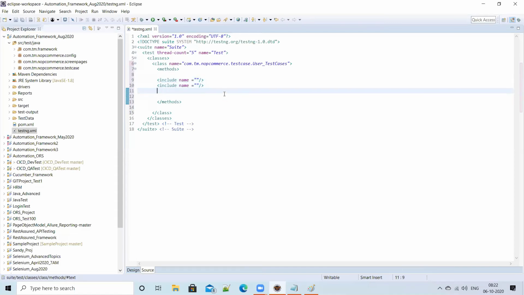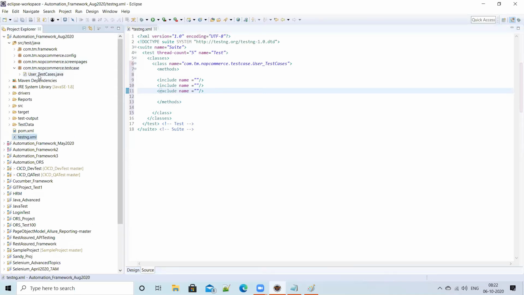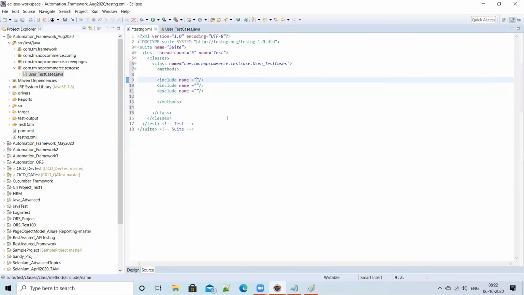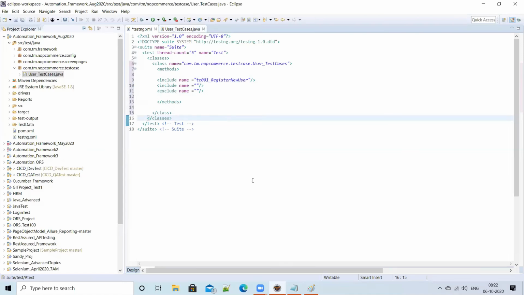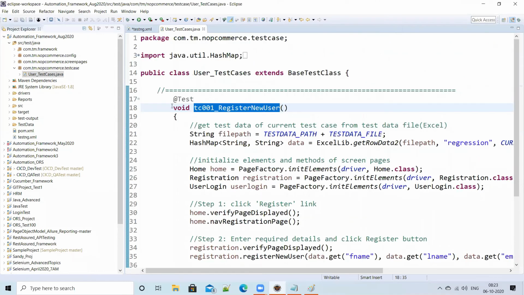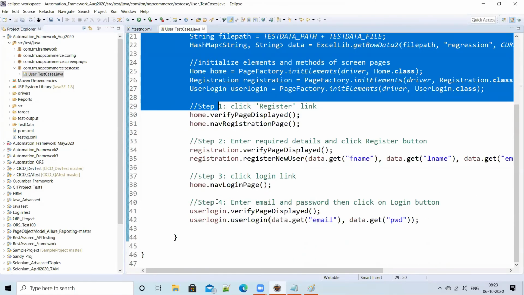Like this you can specify, and this is exclude, meaning I don't want to run this test case. So if you go to test cases, here you can specify what test cases you want to run and what test cases you don't want to run. Take this test case, I want to run this, so I'll specify this. Similarly, if I don't want to run any other test case, I can ignore that.